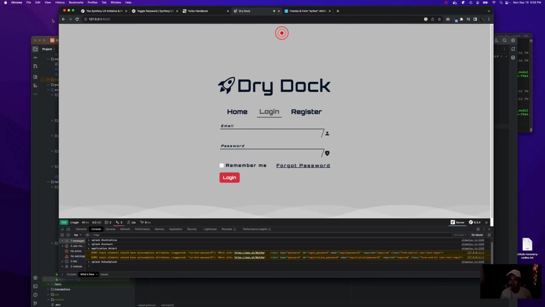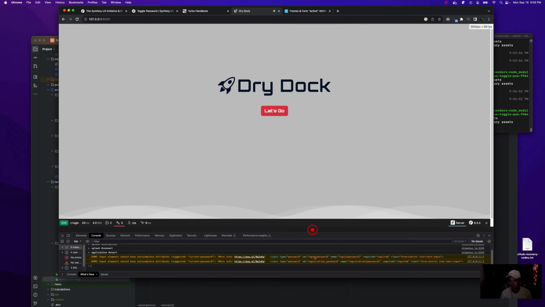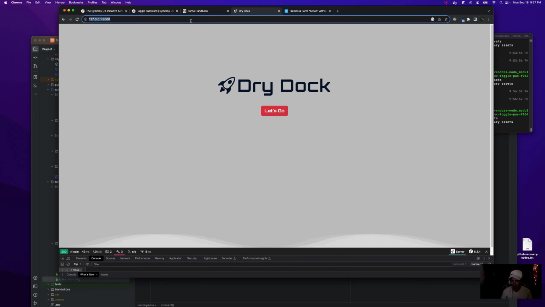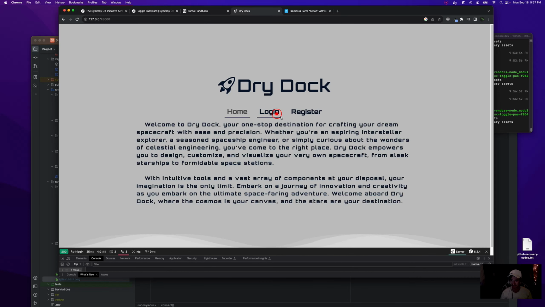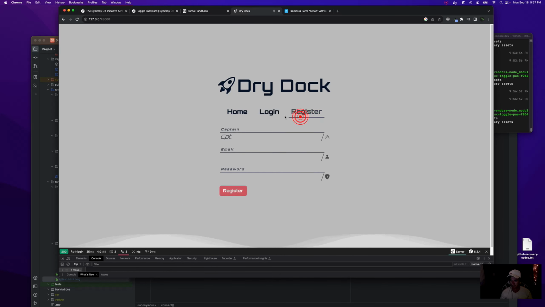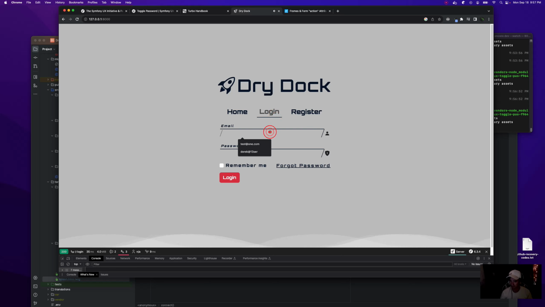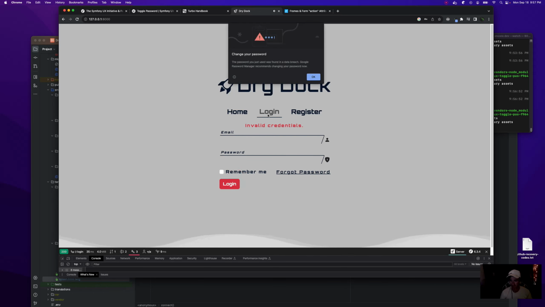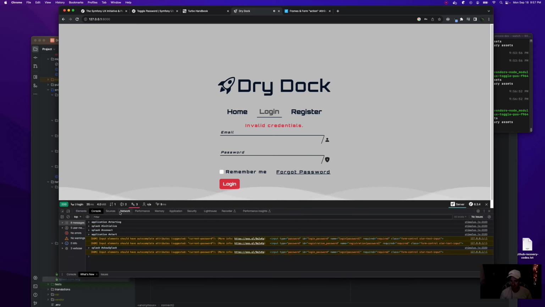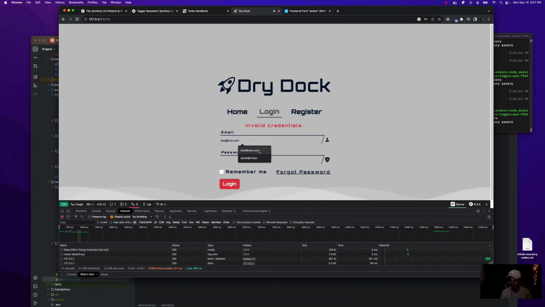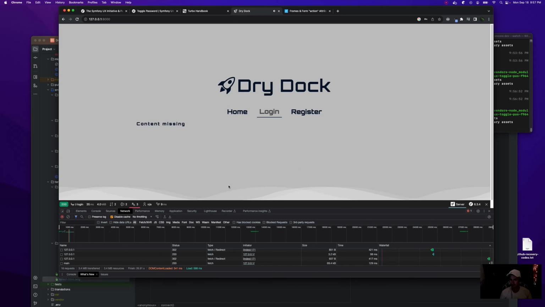Sweet, okay, now let's see if this works. Webpack's running, alright, we should be good. So, regular page load, we're not authorized, we tried to navigate to a different route, just brings us back here. Go through the login process, probably need to do some QA on register and make sure it still works. Okay, let's use a bad password, and okay, we didn't get a hard page reset there, so that's good. Cool, everything's still there. Now we're going to try the right password and log in.